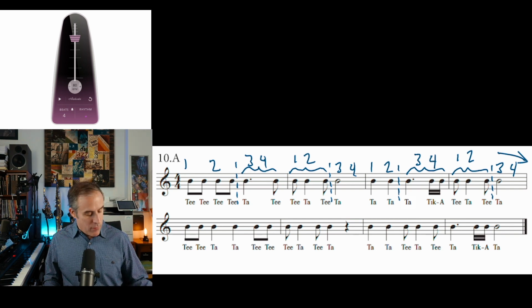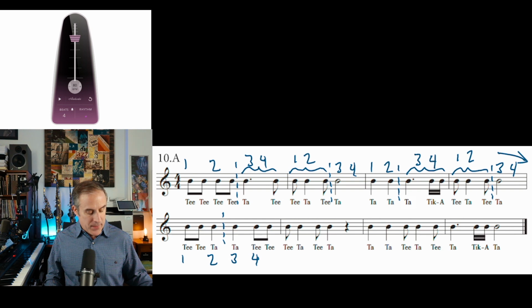In measure 5, we've got ti, ti, ta, invisible bar line, beat 3, ta, ti, ti. Next measure, measure 6, we've got our new motif from this week. We know that takes up beats 1 and 2. Our invisible bar line will fall right here. Then we've got ta on beat 3 and a quarter rest, our first rest in this exercise on beat 4